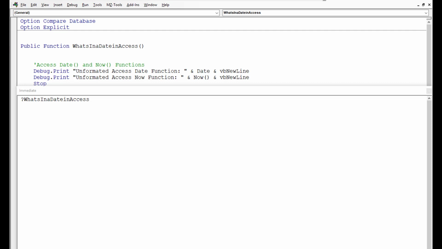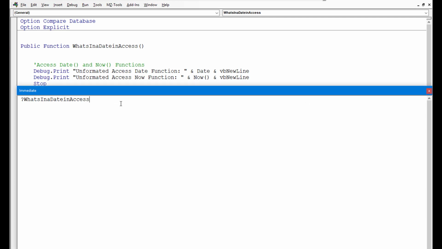Let's look at some ways we can use the Format function or property in Access to display dates with times in specific formats for different purposes in forms and reports. Before we do that, though, let's start with a review of some of the things we know about how Access stores dates and times internally, so we can see how to use that information when we do the formatting for